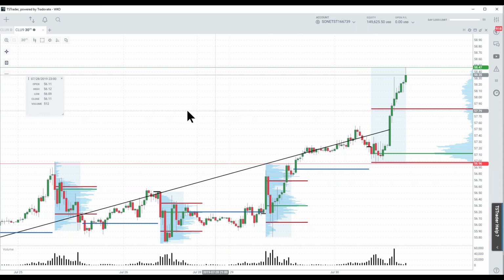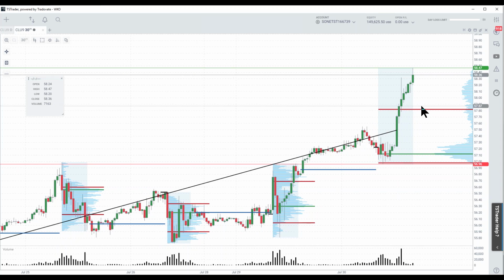Point being, that important inflection level of 57.80, just because it was run through in one direction doesn't mean that if it's resistance, then it shouldn't be support. Well, after the market moved above it, it attempted to go back below it, but only by 2 ticks, and the move to the upside has continued. So I'm going to be watching this 57.80 level tomorrow, and in the coming days for opportunities near that level. Of course, EIA comes out at 9:30 Central tomorrow. Pretty much anything can happen,